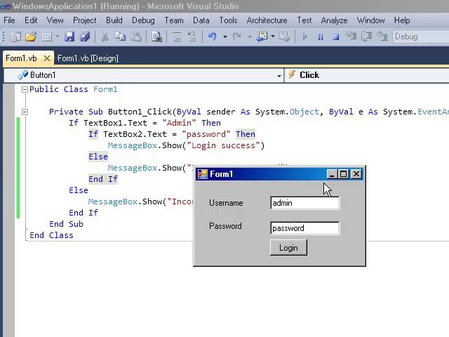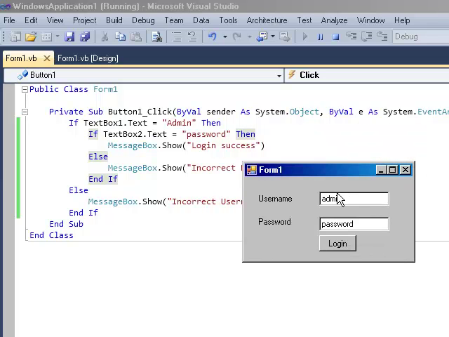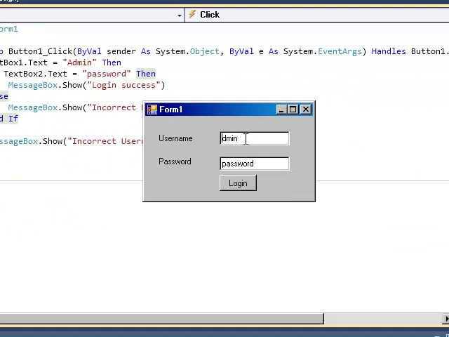So the condition stated that if text box1 dot text is equals to admin, then login success, but the user name is not valid, so we will correct it.